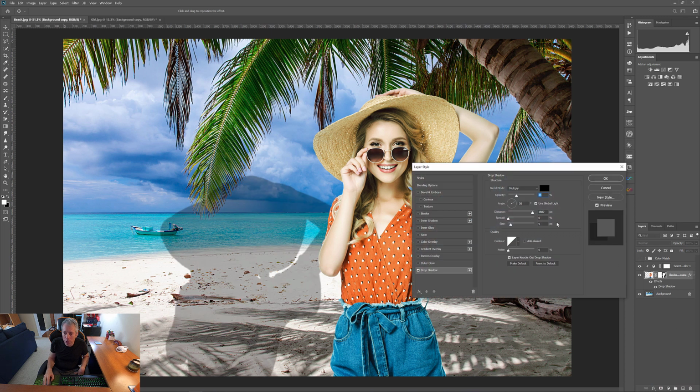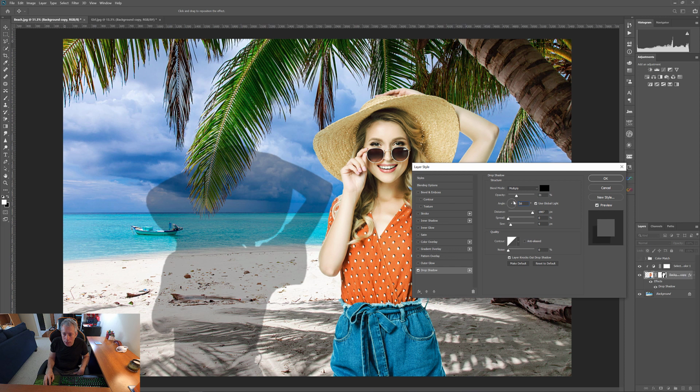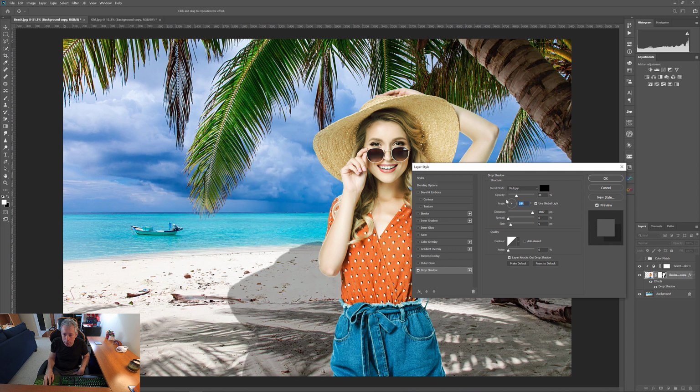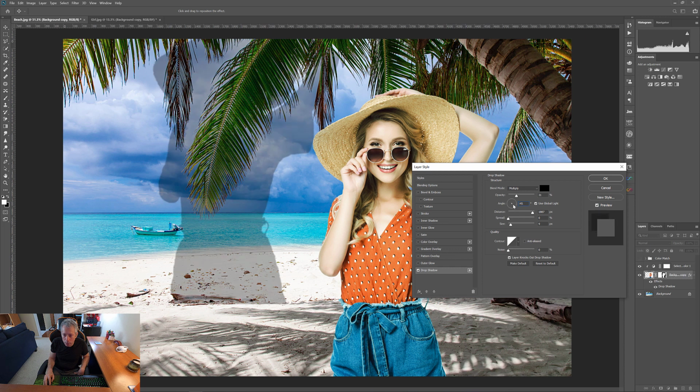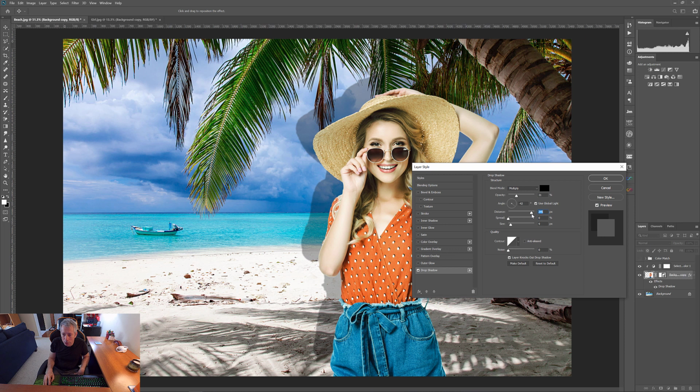Okay, now that's going to make a drop shadow for us. Now we can change the angle that the shadow's out by clicking here. That gives us the angle of the sun essentially. So it would be realistically somewhere over here, and your distance may not be this far. Your distance may be like right over here. You may be seeing the shadow very close, but you can just drag this slider and that'll move that shadow